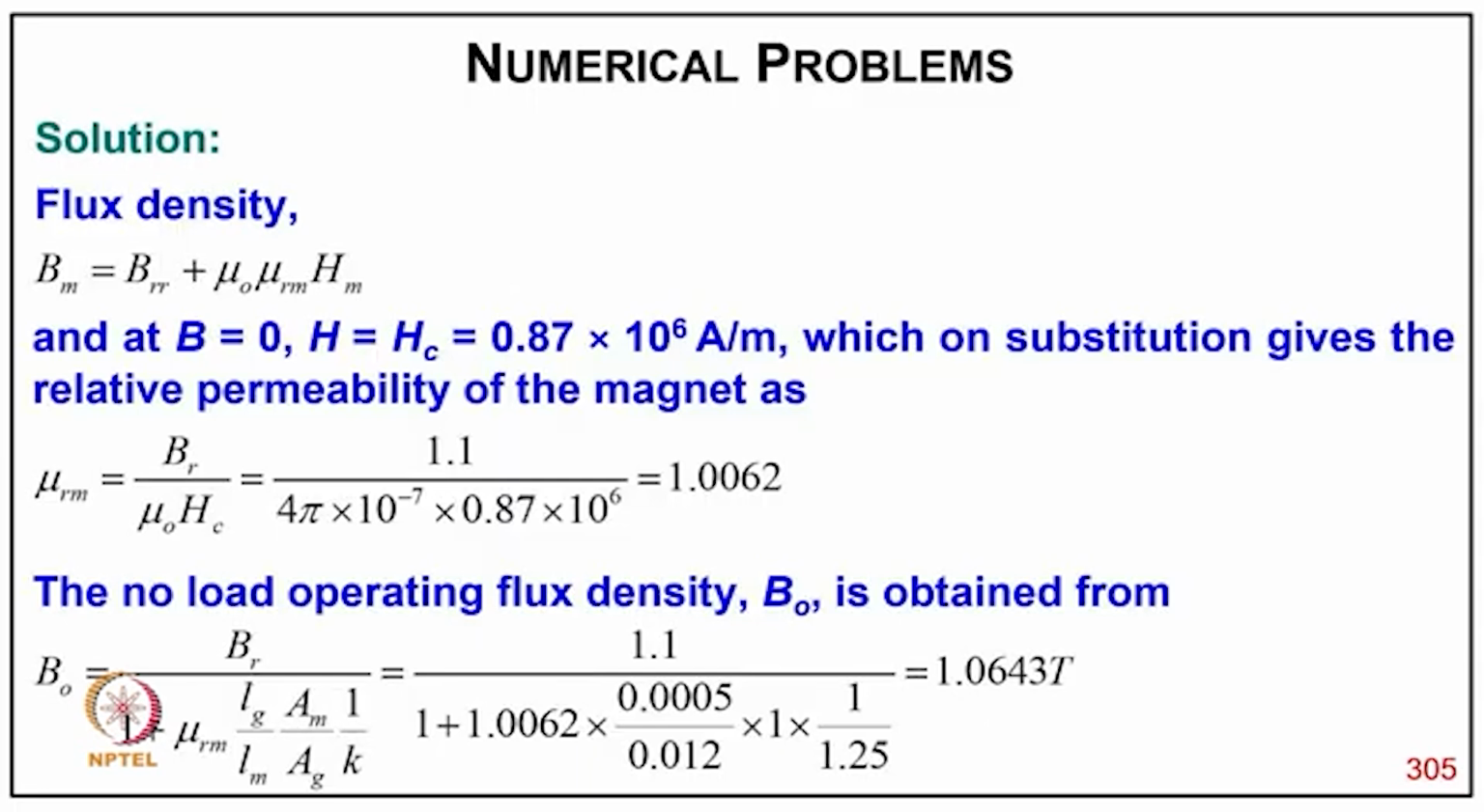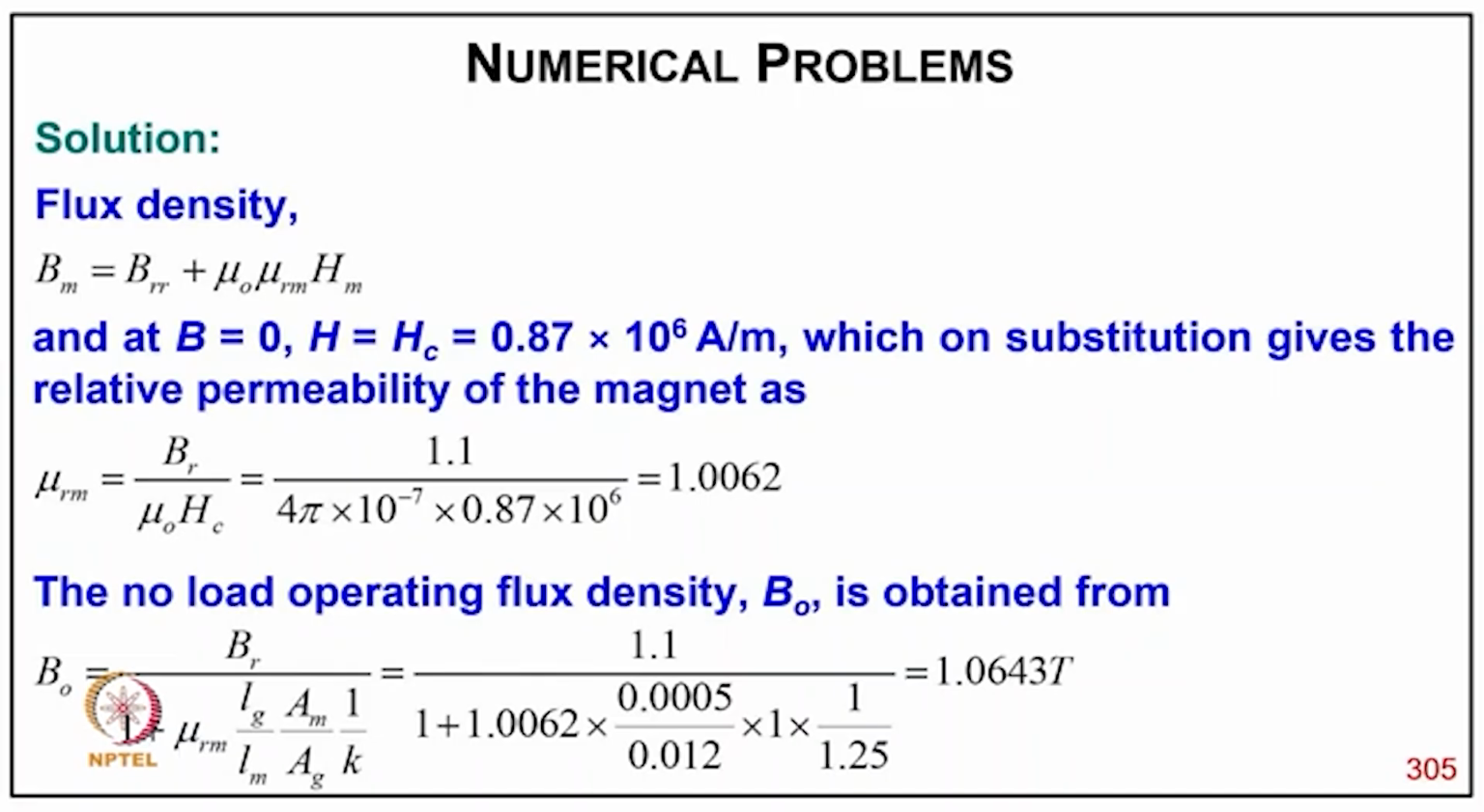Now coming to the solution, the flux density Bm equals Br plus mu 0 mu Rm Hm. At B equal to 0, H equals Hc equal to 0.87 into 10 power 6 ampere per meter, which on substitution gives the relative permeability of the magnet as mu Rm equal to Br upon mu 0 Hc. Putting the value, it comes 1.0062, and the no load operating flux density B0 is obtained from